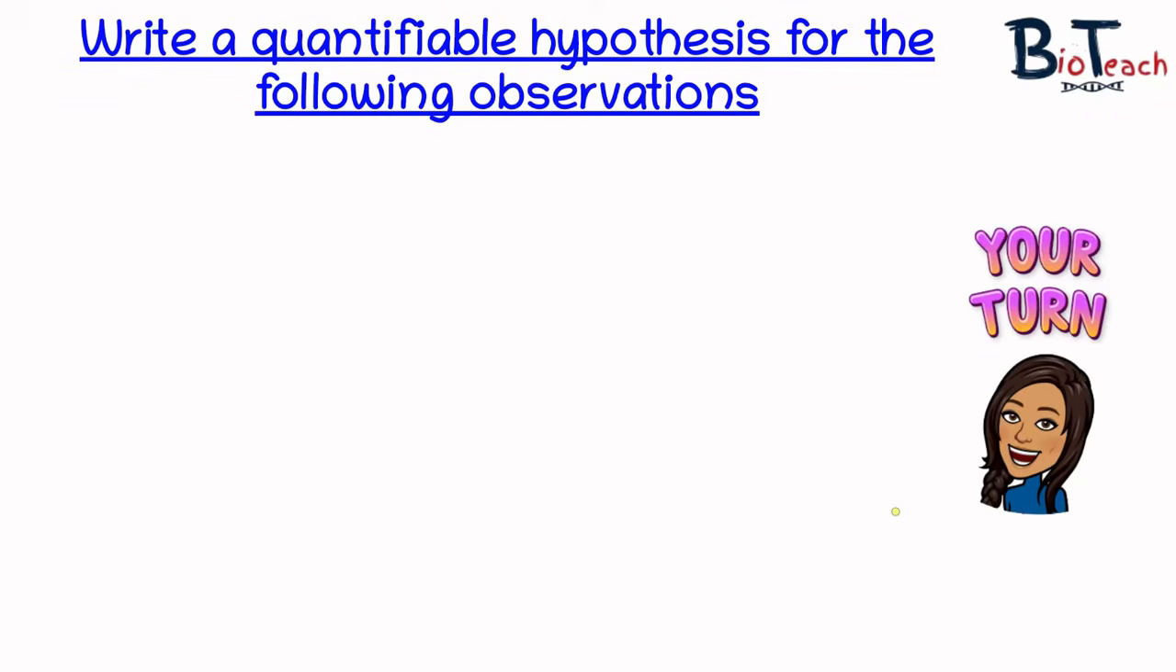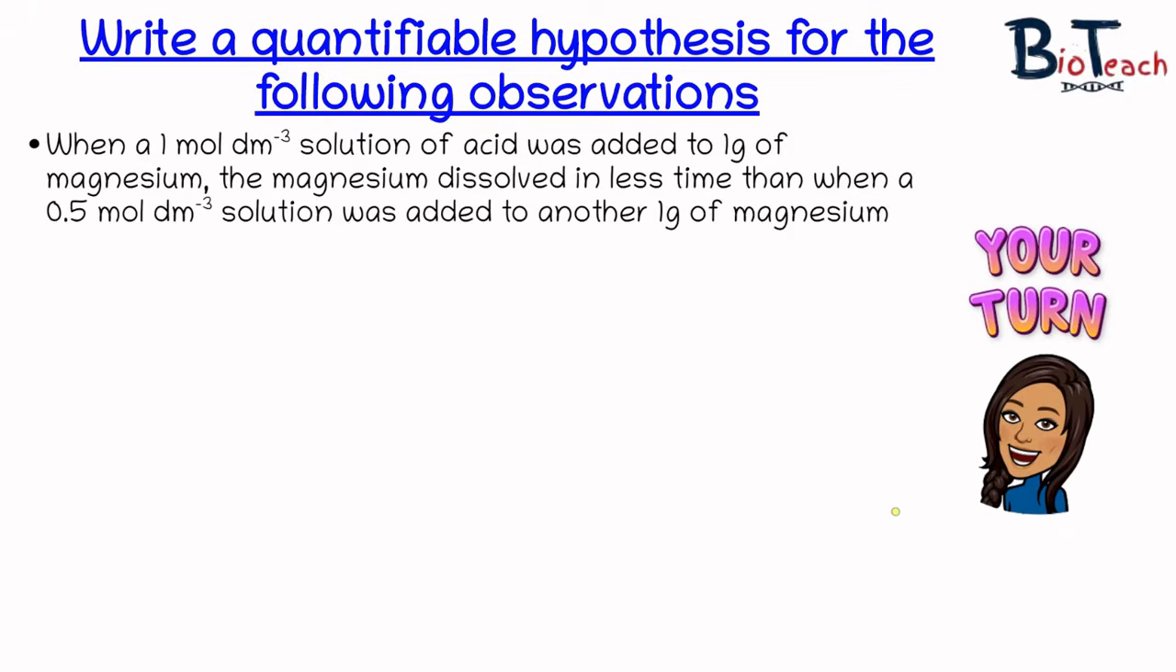So a bit more practice on writing hypotheses, and this time looking at quantifiable hypotheses. This first example says that when a 1 mole concentration of acid was added to 1 gram of magnesium, it dissolved in less time than when 0.5 mole concentration was added. What I'd like you to do is pause the video now to have a go at writing down a quantifiable